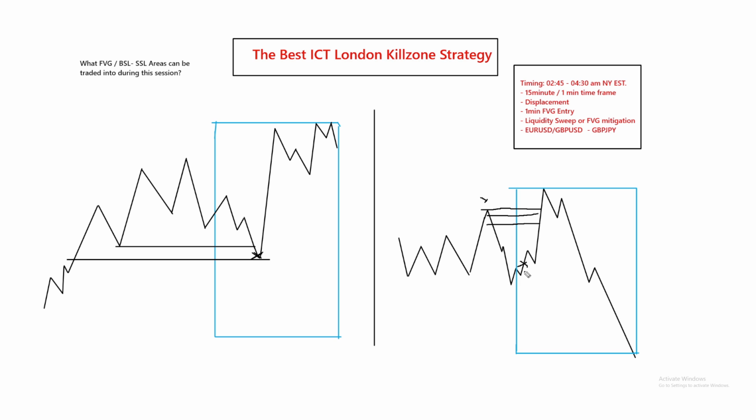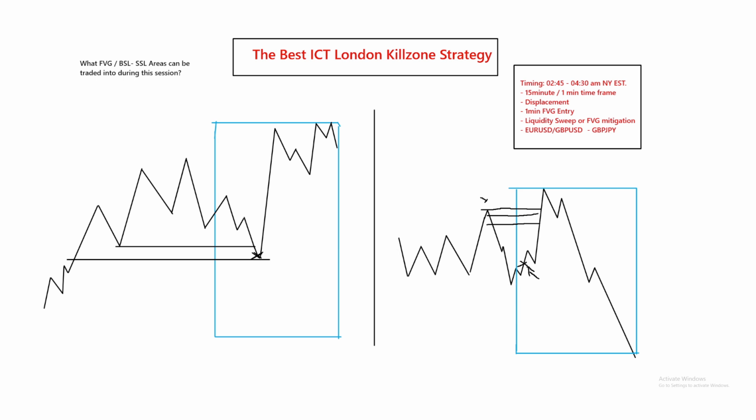Now you're going to do the very exact same for the downside, because you don't know if the market is going to move up or if it's going to move down. Okay, so once again, the market is here. You're looking for fair value gaps closest to the market and sell side liquidity pools as well close to market. You would mark the sell side liquidity pool, and once again, we've not drawn the price action, but there could be a fair value gap waiting underneath the market here as well. And that's your job. Once you've done that on the 15-minute, you're then going to be jumping into the 1-minute